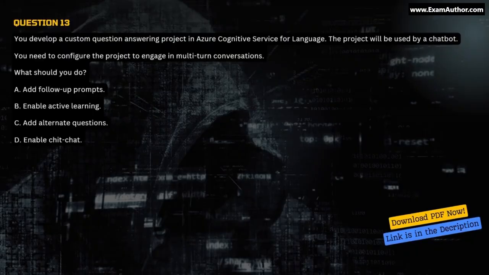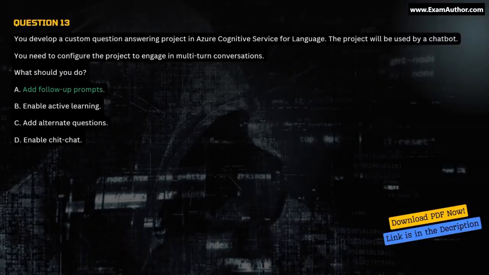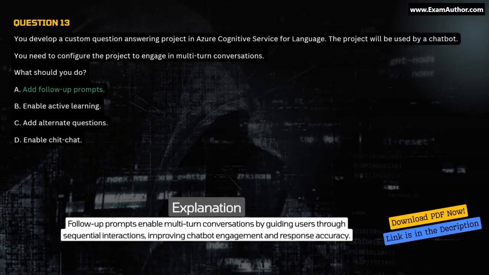models efficiently. Question 13. You develop a custom question answering project in Azure Cognitive Service for language. The project will be used by a chatbot. You need to configure the project to engage in multi-turn conversations. What should you do? A. Add follow-up prompts. B. Enable active learning. C. Add alternate questions. D. Enable chit-chat. Correct answer A. Add follow-up prompts. Explanation. Follow-up prompts enable multi-turn conversations by guiding users through sequential interactions, improving chatbot engagement and response